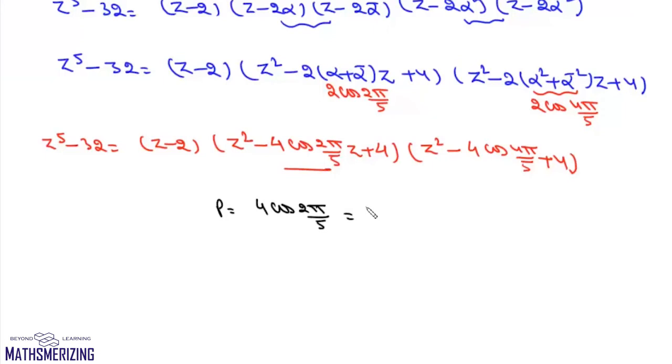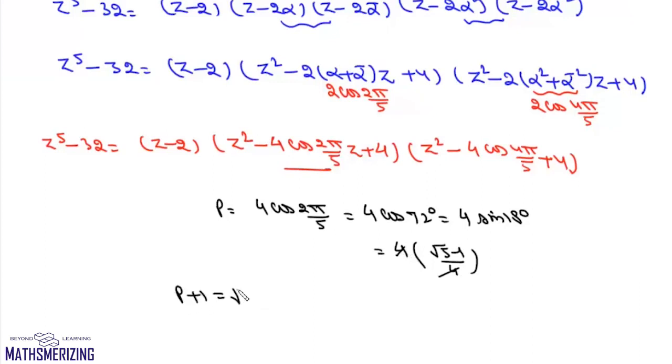Which is 4 cos 72 degrees, and which is also 4 sin 18 degrees. Now sin 18 degrees is (root 5 minus 1) by 4. We cancel this 4 with 4, and we can write p plus 1 equals root 5. Now we square it, we get p square plus 2p plus 1 equals 5. From here we can say the value of p square plus 2p is 4,